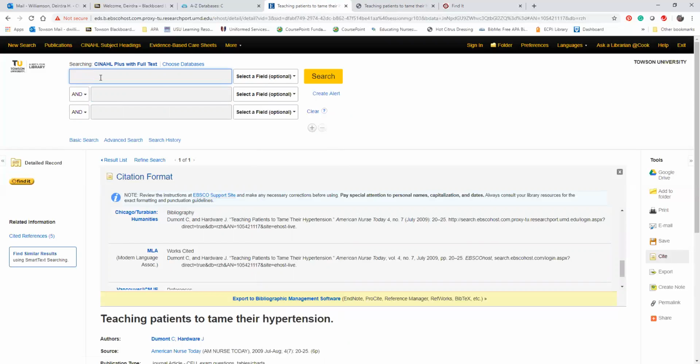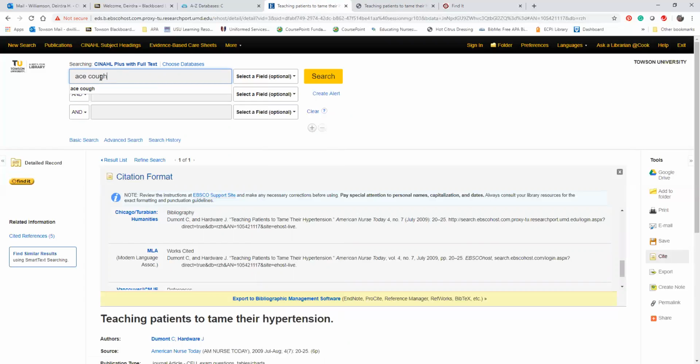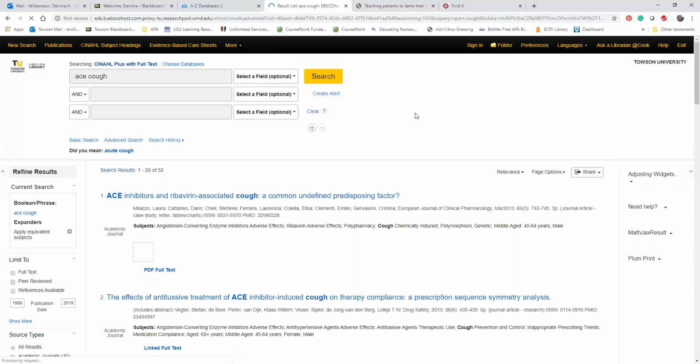One of the hypertensive medications that you're going to learn about is an ACE inhibitor, and one of the common side effects of that is what we call an ACE cough. So maybe you're interested in doing a little extra research on an ACE cough. So just type in what you're wanting to do a little bit of research about, hit search,